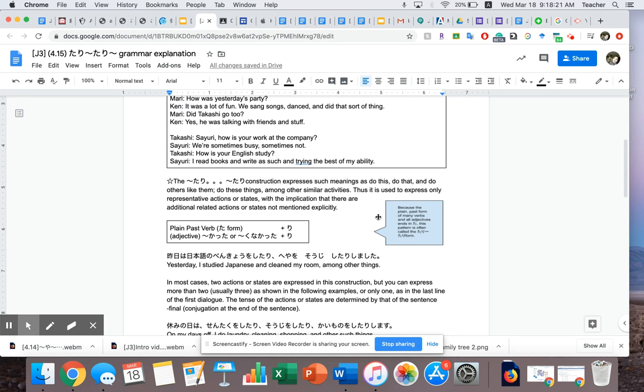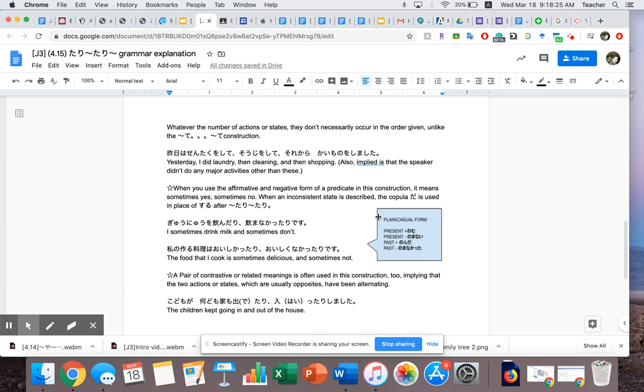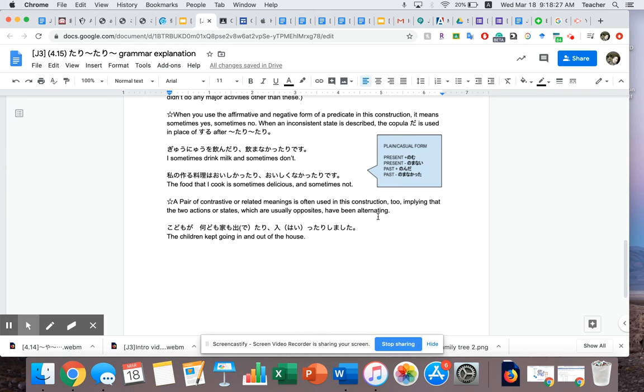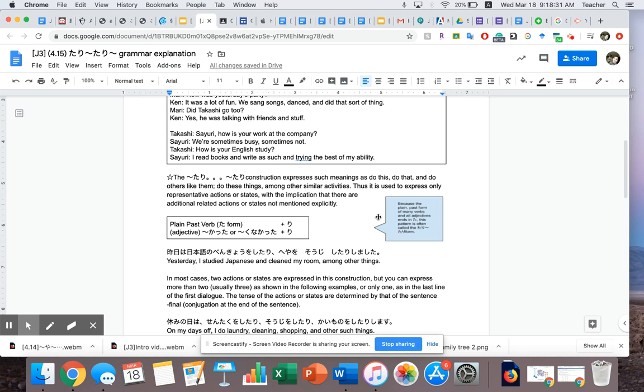And so those are some of the structures, but the most important structure as of now will be the tari tari just by itself. You don't have to worry about the te structure. You don't have to worry about the adjective tari tari. You don't have to worry about the positive and the negative of sometimes, but just focus your attention solely on this one. 勉強したり、部屋を掃除したりします。or しましたですね。